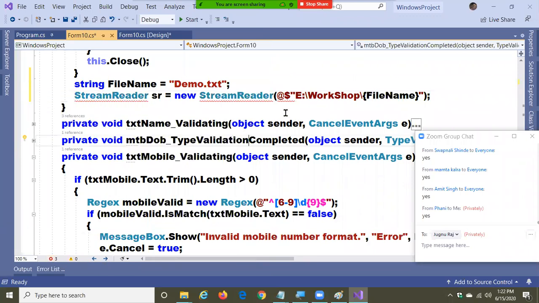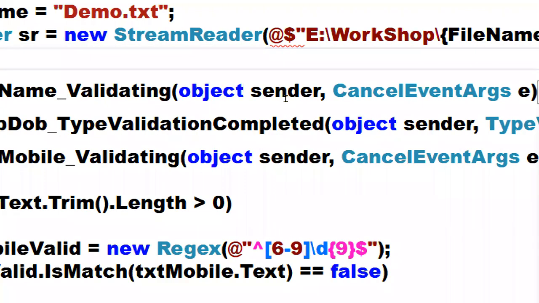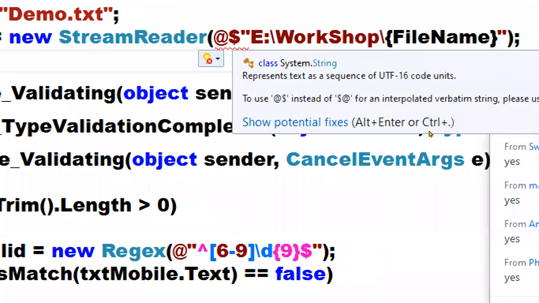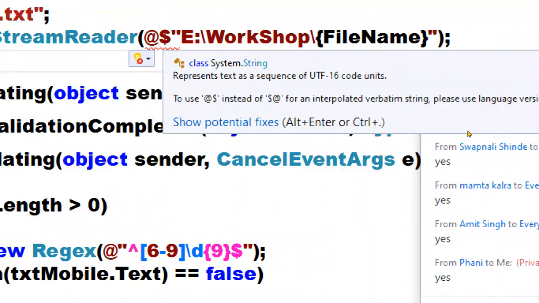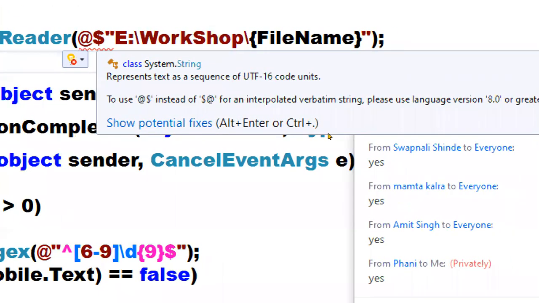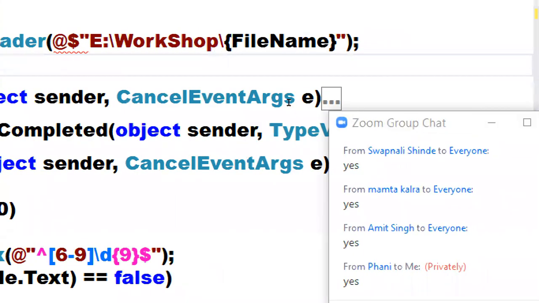Okay, look at this. You're getting an error, see? To use $@ instead of @$ for an interpolated verbatim string, please use language version 8.0 or greater. What is it telling you? You require version 8.0 or greater.